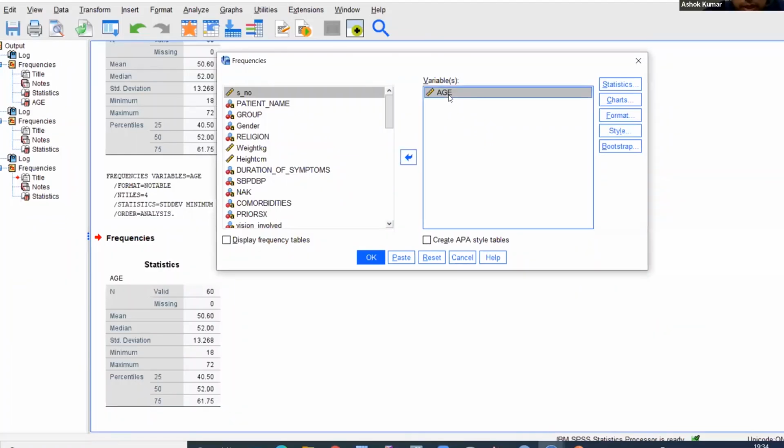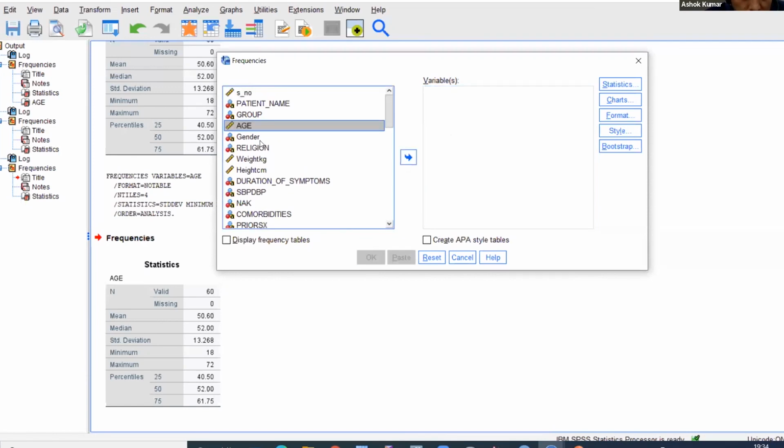Okay. Then I have to click here, age, and then click this button. So this age will come here. Then I have to select this gender, and then